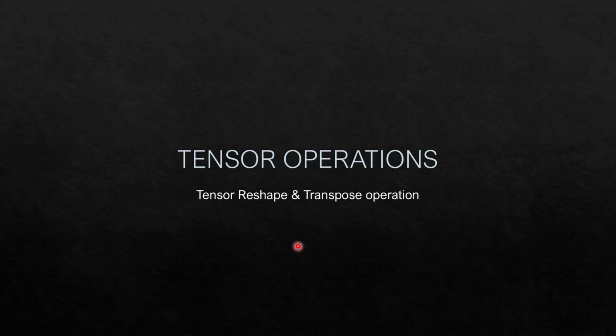Okay, in our previous video, we talked about why tensor operations are needed in neural networks. Now, in this video onwards, we'll start working on different kinds of tensor operations we can perform in neural networks, because in different scenarios, we need to work with different kinds of tensor operations. So we will start with the reshape and the transpose operation, then slowly we move on to the other